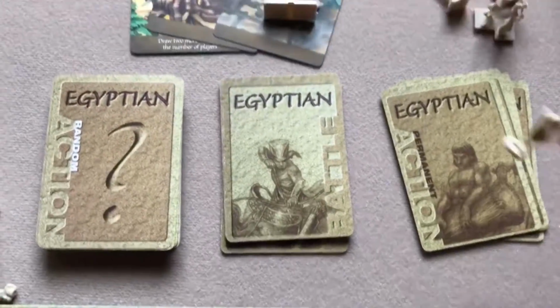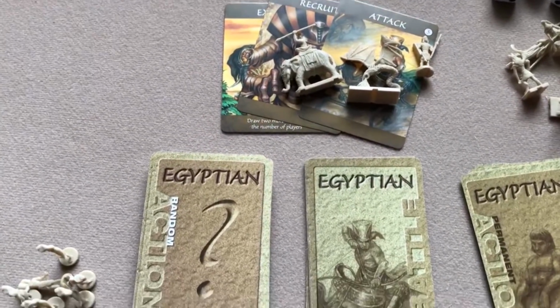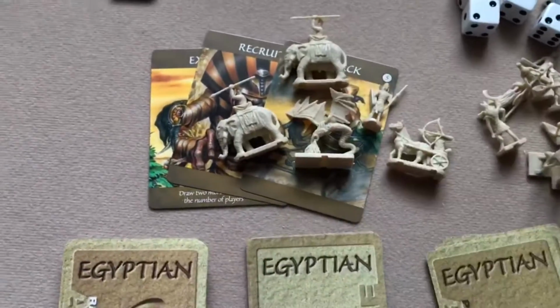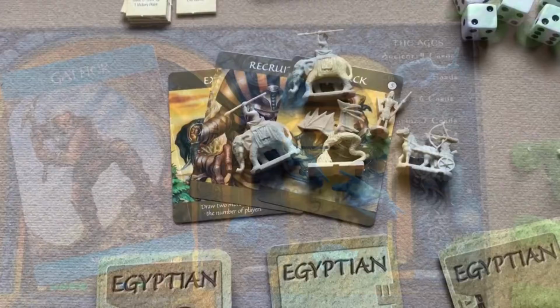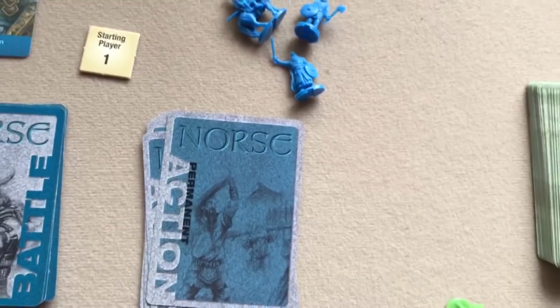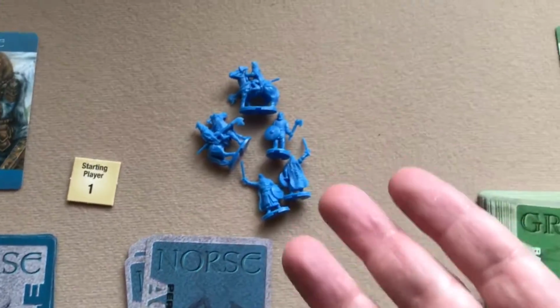to take a phoenix, a spearman, an elephant, a chariot archer, and another elephant. So he secretly puts those aside. The Norseman selects his secretly, so he's going to take a Jarl, Huskarl, a throwing axeman, Huskarl, another Jarl, and another Huskarl. Both sides reveal what units they're taking, and then they get the battle cards that go with